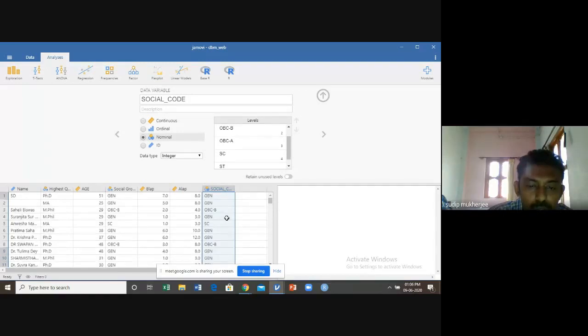So with the help of this data, what is our objective? Think of a situation: after this workshop, all of us, I think, are college teachers. In our college, after the admission of the first year students, lots of data are generated. Data on their social group, data on their past result, data on their family incomes, lots of data are there.